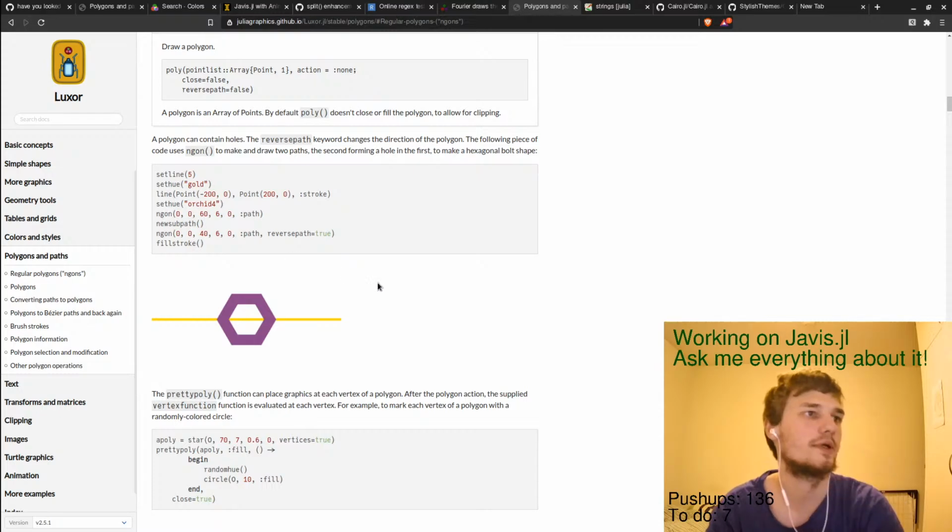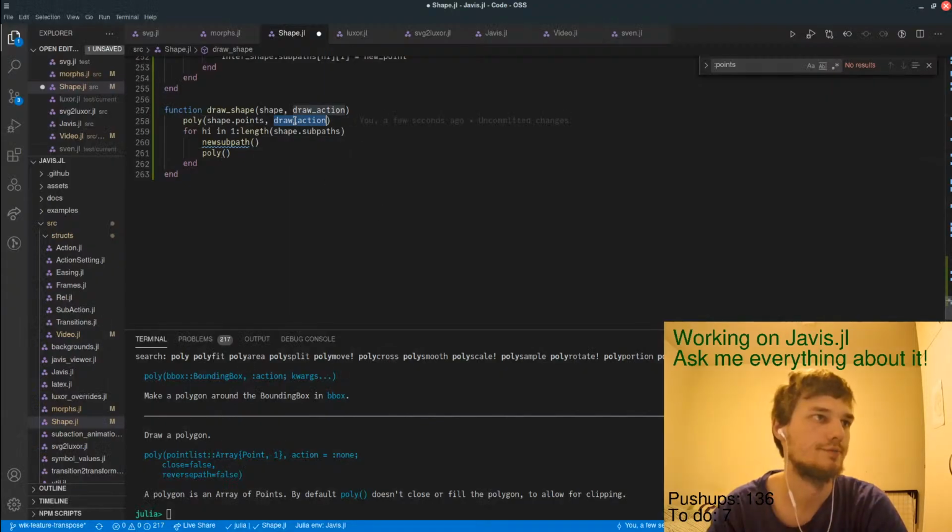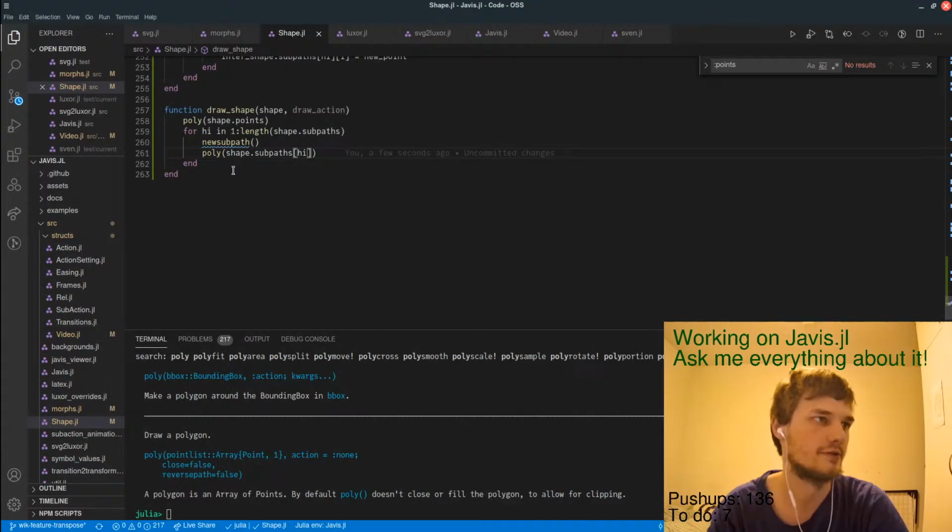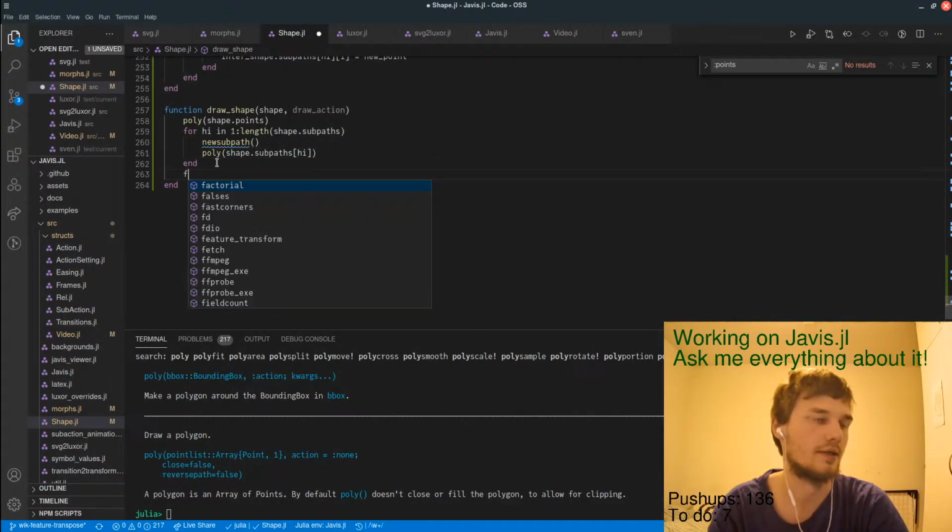Oh, okay. I have to do this. So none of that. Then I have to do shape subpass hi. I don't know how to work with two of them. It's already reversed. And then I have if draw action